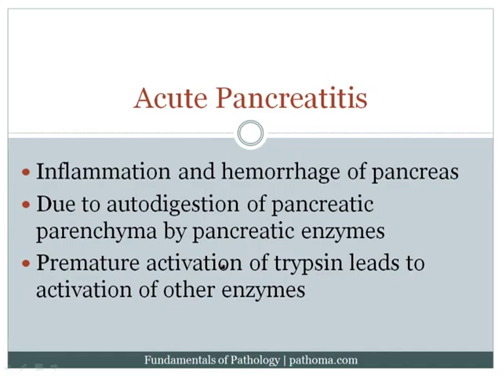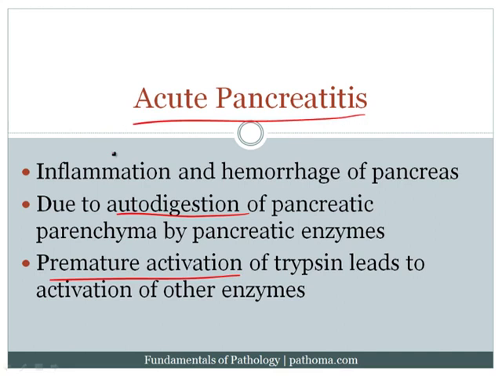duodenum. Acute pancreatitis is when you get inflammation and hemorrhage of the pancreas. Now basically the issue here is that you get autodigestion of the pancreas by the pancreatic enzymes. So really it's a story of premature activation of the pancreatic enzymes. Now recall that the pancreas produces digestive enzymes, and those enzymes are produced in an inactive form. It's not until they get into the duodenum that the activation actually occurs. However, if there was a premature activation within the pancreas, then we would have autodigestion of the pancreas, and that's